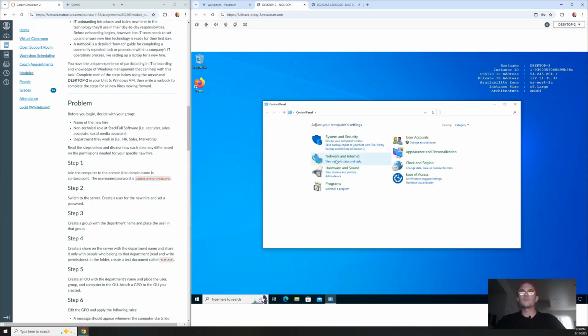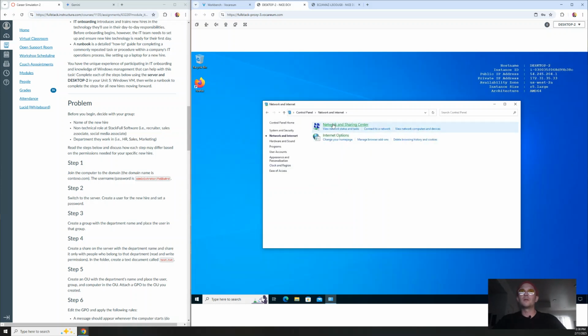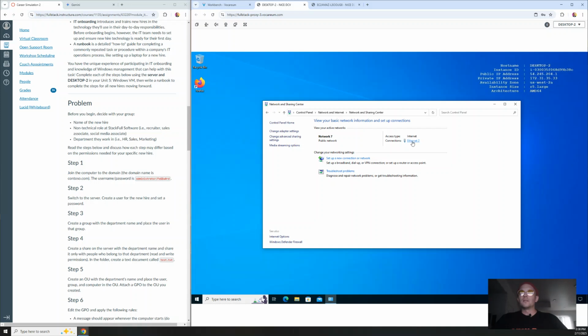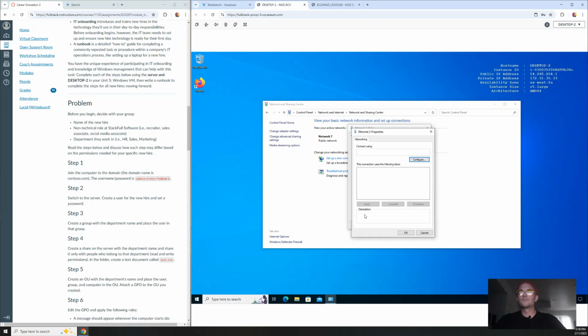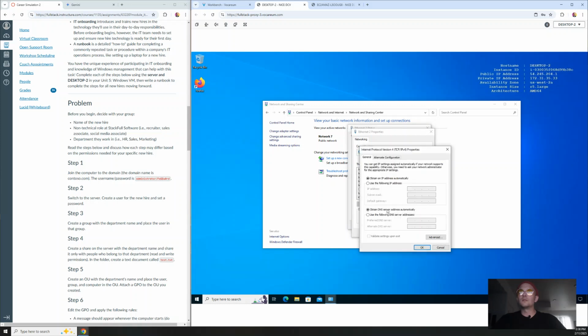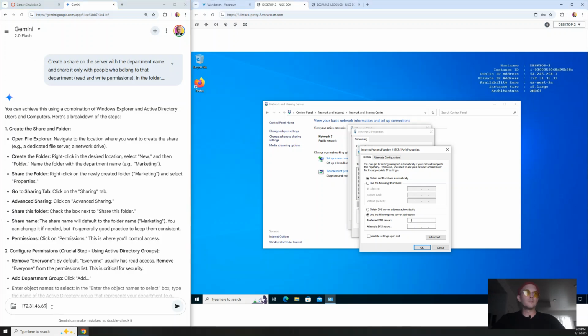So I went to Control Panel, Network and Internet, Network and Sharing Center. We've got the interface, Ethernet 2 that we're working through, so we'll click on that. Go down to Properties. We're working with IPv4 as opposed to IPv6, so we're going to click on the IPv4 Internet Protocol option here and hit Properties. We'll go down to, on the General tab, use the following DNS server address and copying down my IP address here,